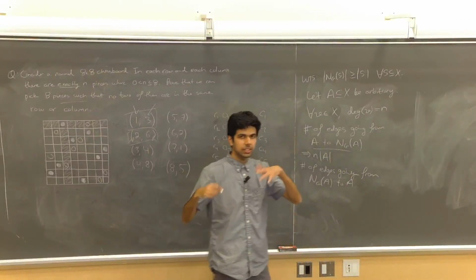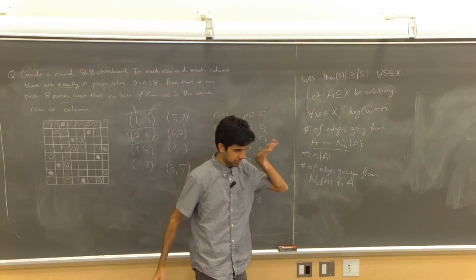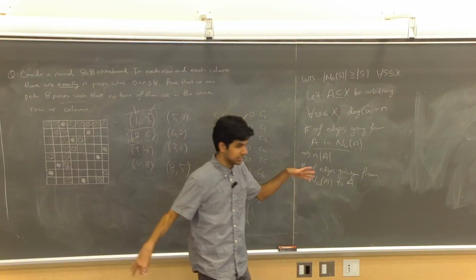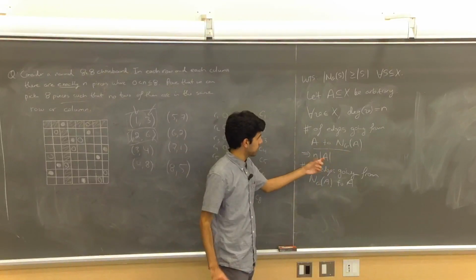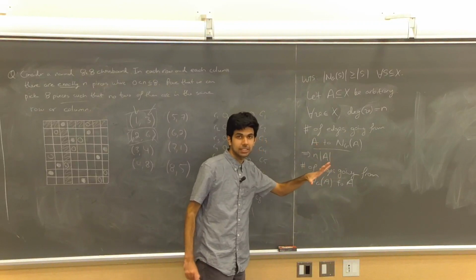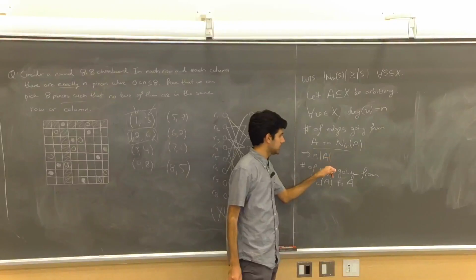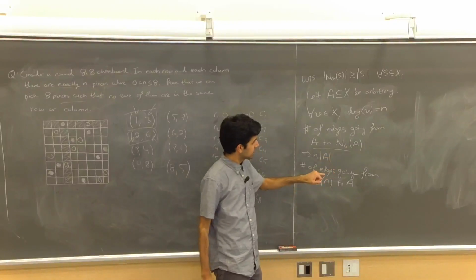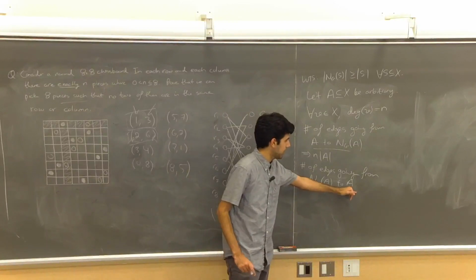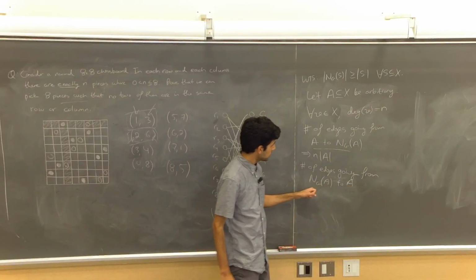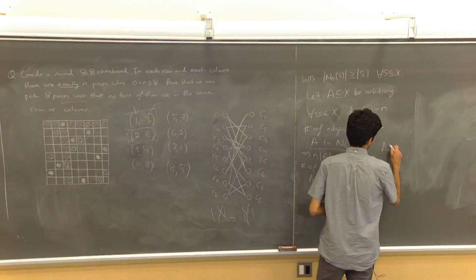We're counting the same edges, right? We're still looking at a set of vertices and another set of vertices and asking how many edges go between them. In the first way, we focused our attention on the left-hand side and looked at things emanating from there to get this value n times cardinality of A. Let's now focus our attention on the right-hand side and pretend we didn't know anything about A. Well, the neighbor set of A